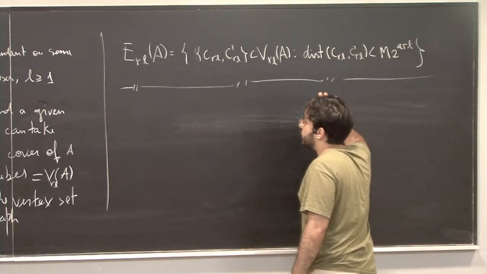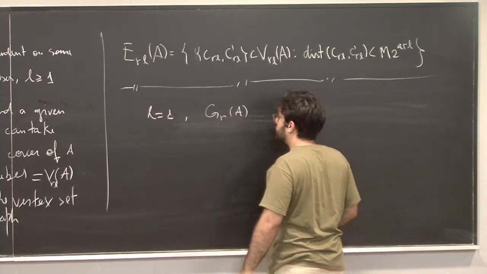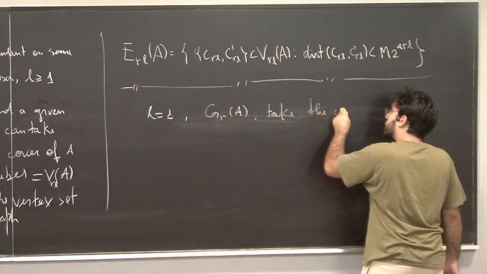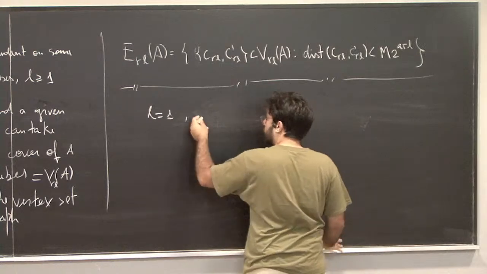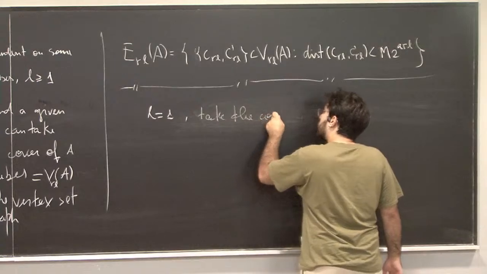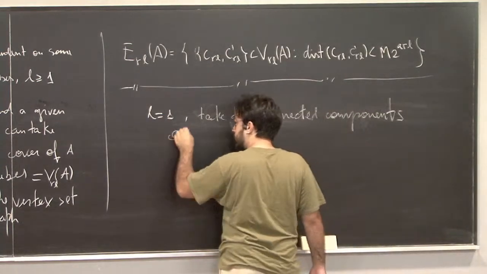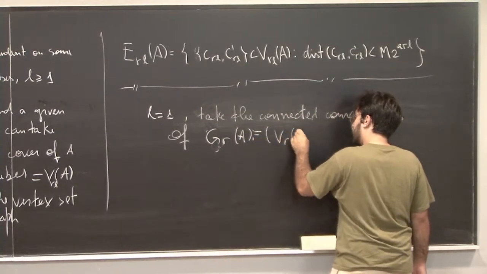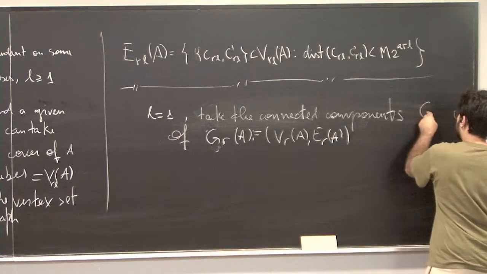So what we did was we start at L equals to 1, then you define GR of A, this graph, then you take the connected components of the graph in the first scale, so G R A, this graph, remember, so it's a pair with these edges and these things, and then you take the connected components G, okay, and then